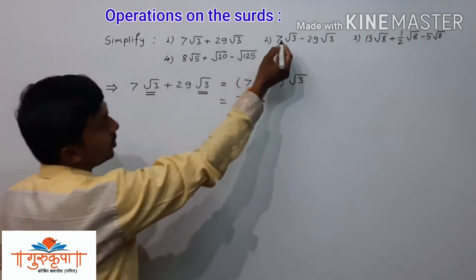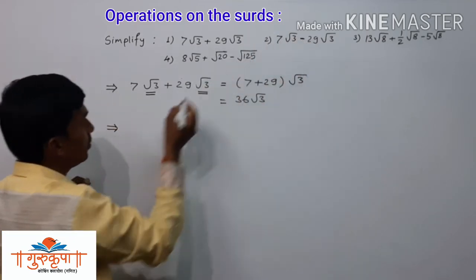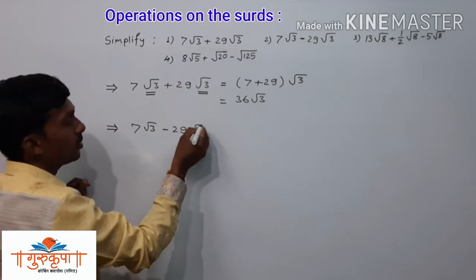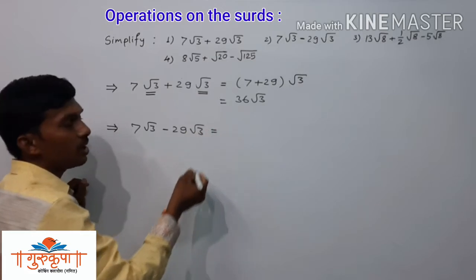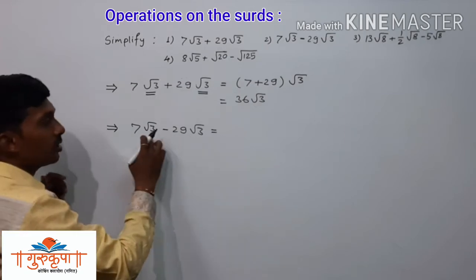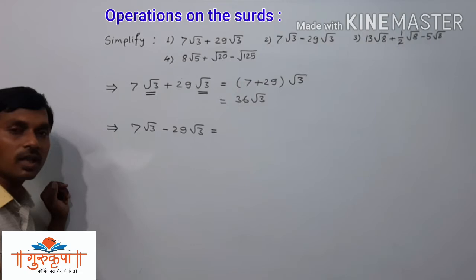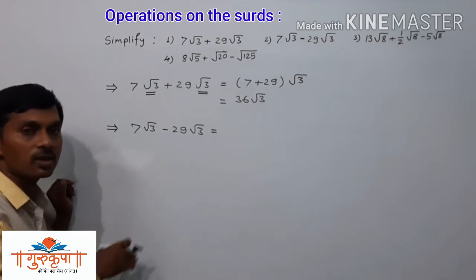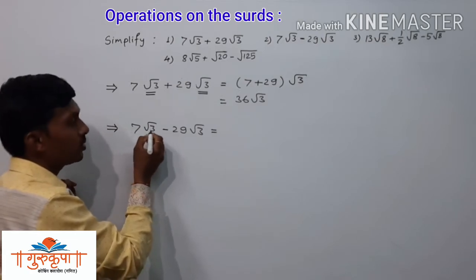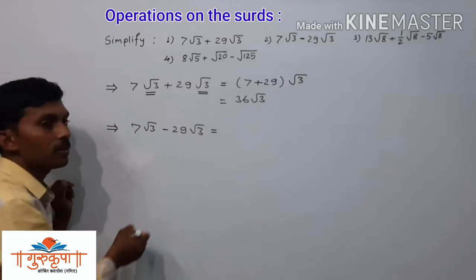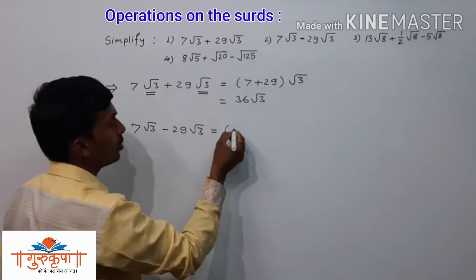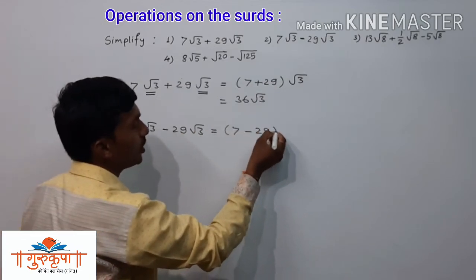Now we have the second example. Here we have to take subtraction of the two surds. The first surd is 7 root 3, minus the second surd, 29 root 3. And here also it is the same way to take subtraction as addition. It is very important that both the surds should be like surds, and if they are not like surds, then we are unable to take the addition or subtraction. Now here we have the first surd, 7 root 3, and the second surd, 29 into root 3, and both the surds are like surds. So here you can take root 3 as common. So what remains inside the bracket is 7 minus 29.